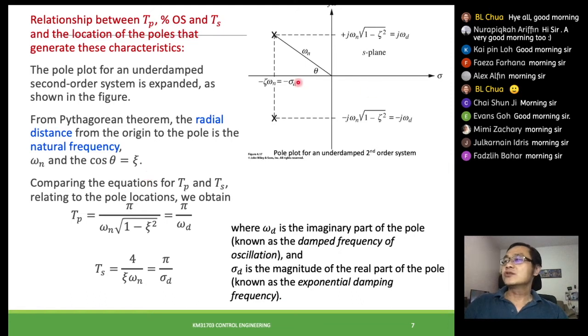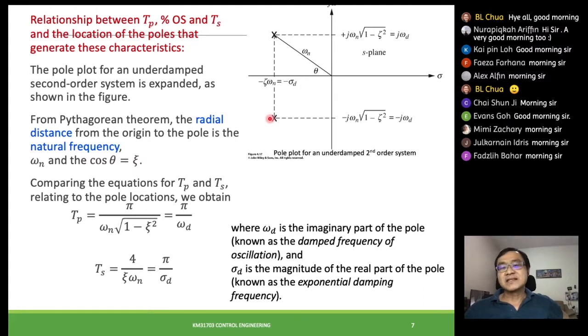Remember, we can obtain the poles from the transfer function itself. When we draw these poles on the S-plane, you can see their positions, and if we can visually shift them, then we can control the performance of our second